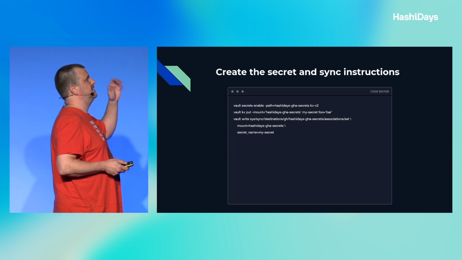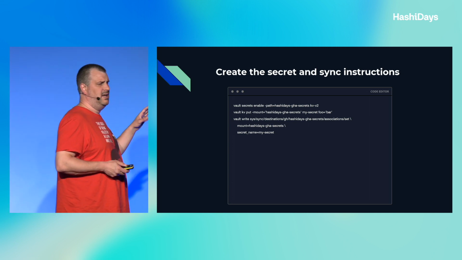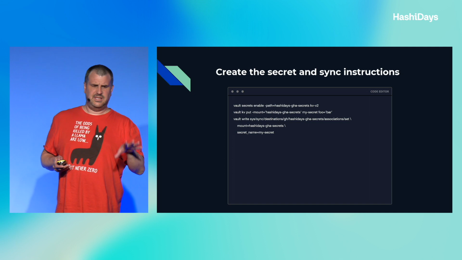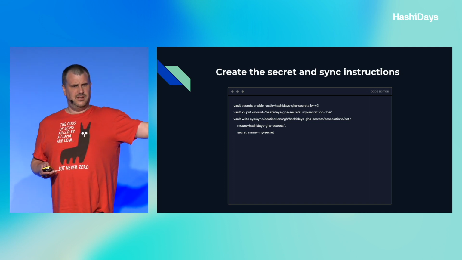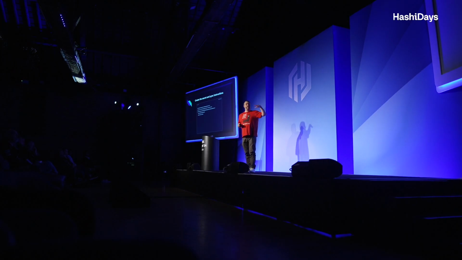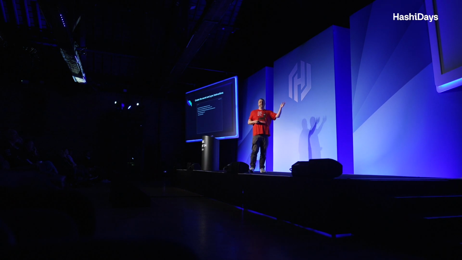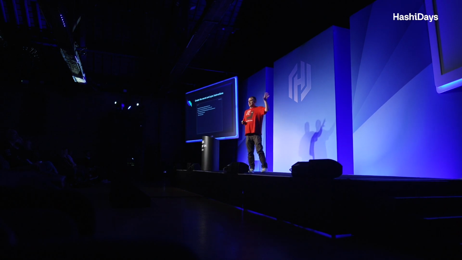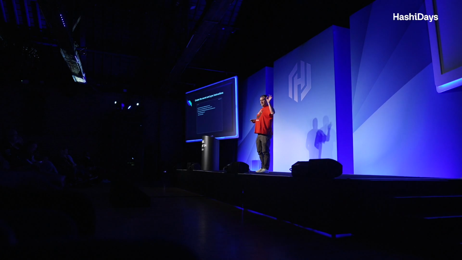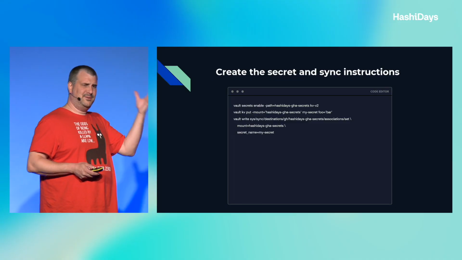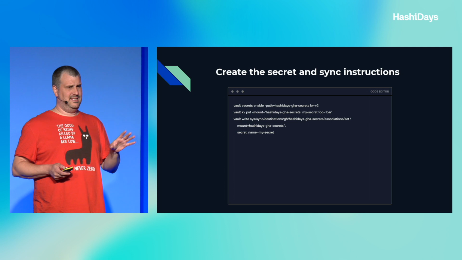And then now what the next step is, we basically say so the app team themselves can actually, this is app team side. So we could have wrapped this in a module and said, right, I want to sync the specific secret out of my Vault namespace into GitHub. And of course, the beauty there is it's also sync. So if we ever change this thing